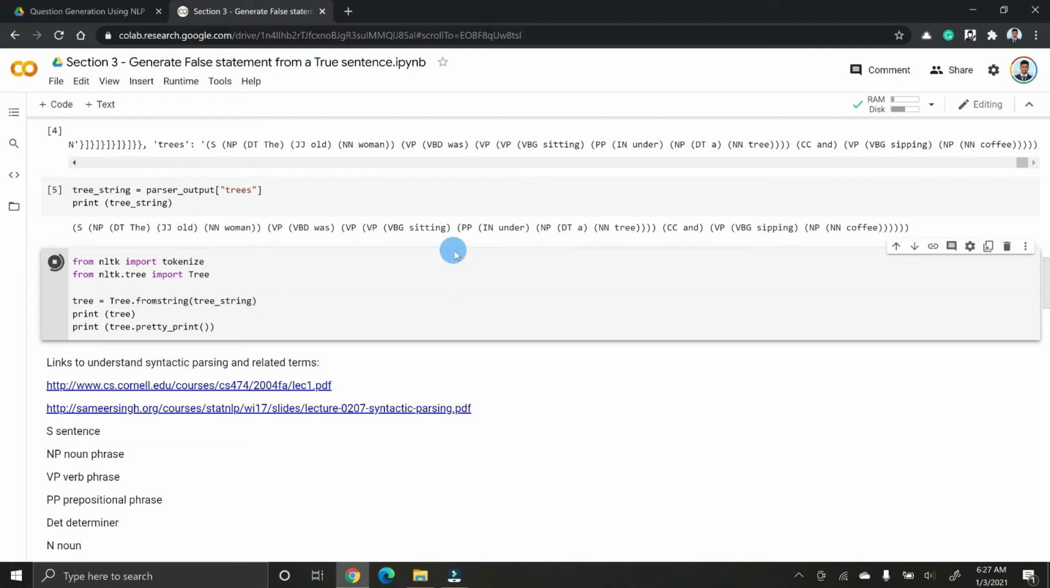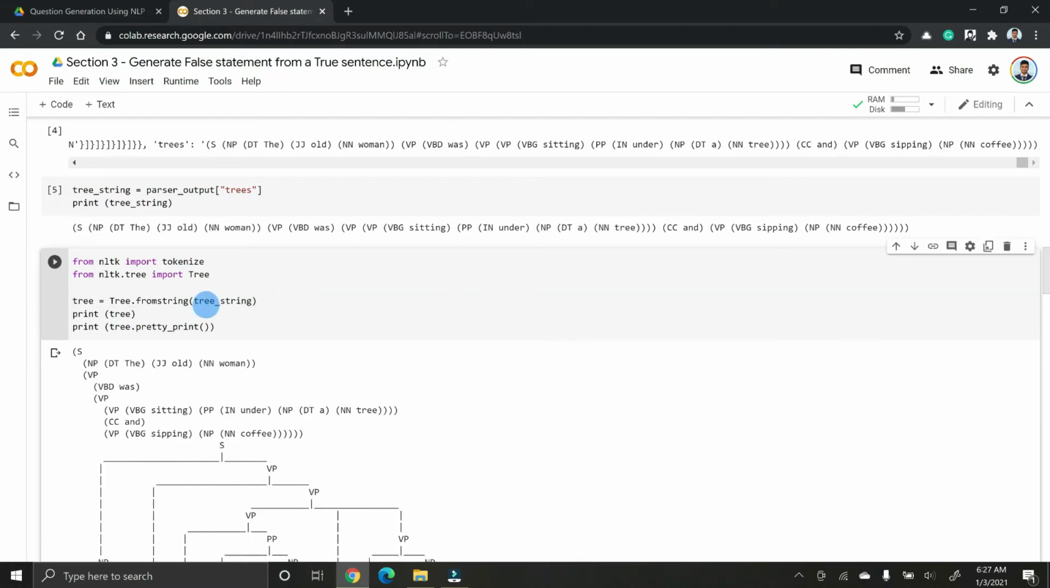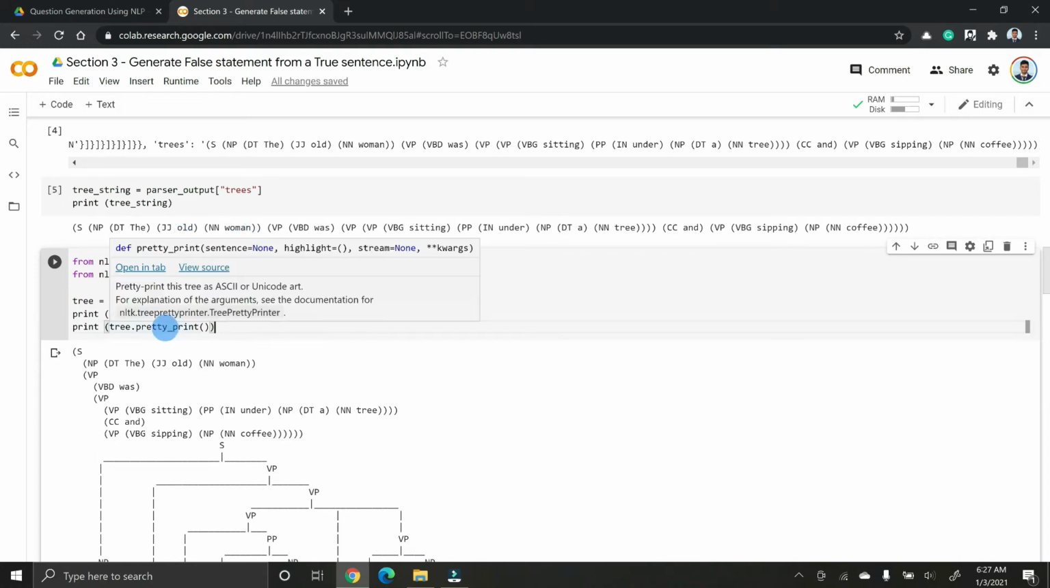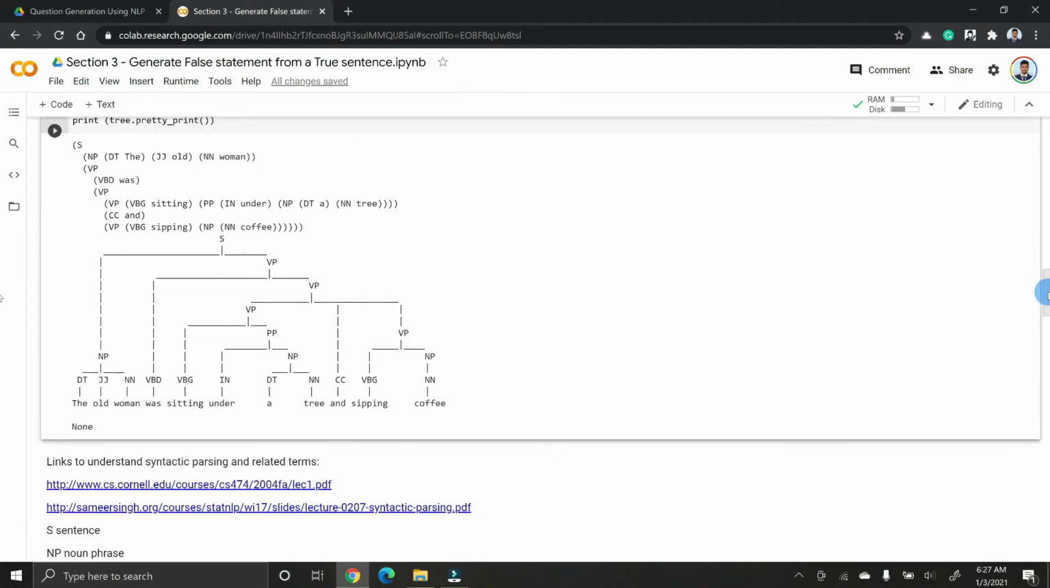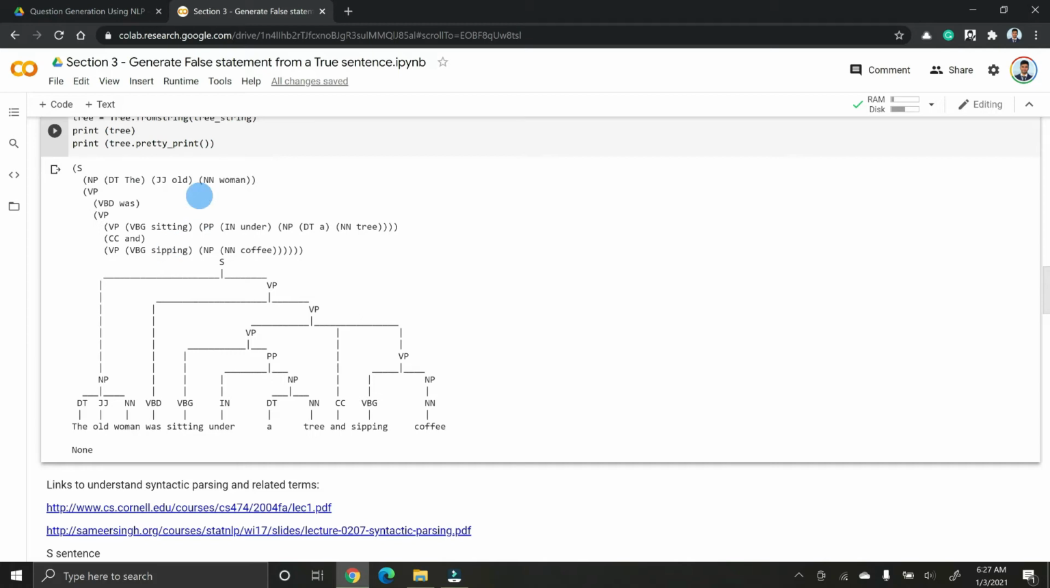further processing. So if you see, I took this tree string that you have here and I converted it into a tree object. Now I'm doing a pretty print function on the tree object so that we can see all the constituencies in a clean manner. As you can see, this is how our tree object looks, and doing pretty print on that, this is how it looks. So the sentence, the old man was sitting under a tree and sipping coffee, this is